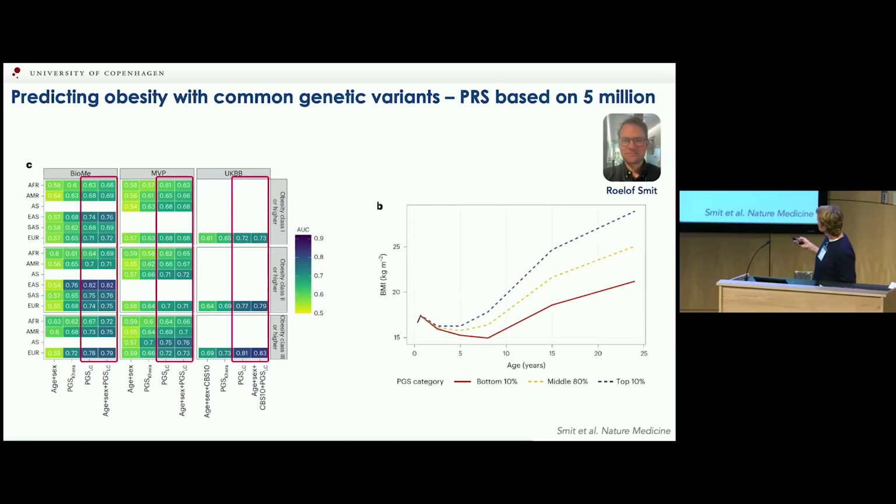And we see this already at a very young age. This is data from the ALSPAC study from 0 to 25 years. And we have 3 curves: the people in the lower decile of the polygenic score in red, the people in the top decile in blue, and then the average in yellow. You see already at age 5 that genetic predisposition is coming through, and it puts you on a track throughout life to be heavier or leaner than the average, depending on where you are.